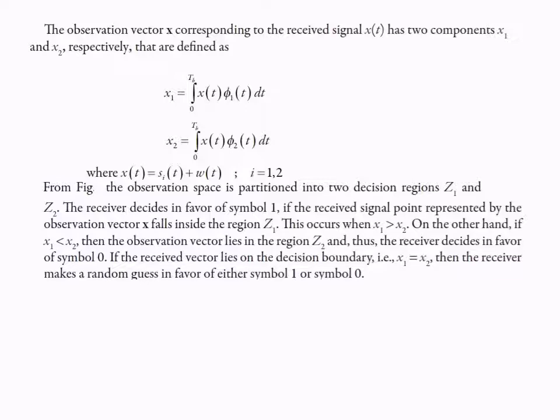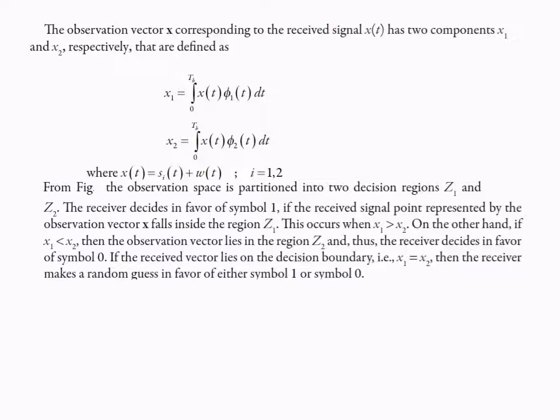So Si(t) plus W(t) is equal to x(t). x(t) is the signal which is going towards your receiver section. When x(t) goes to your receiver, which consists of a bank of correlators,